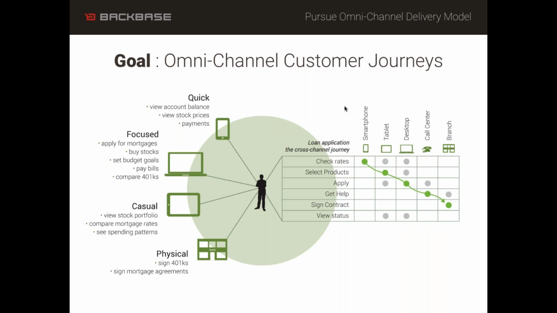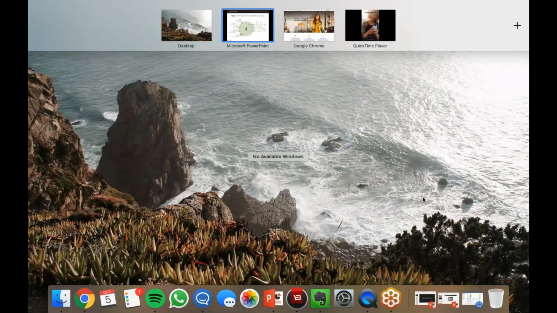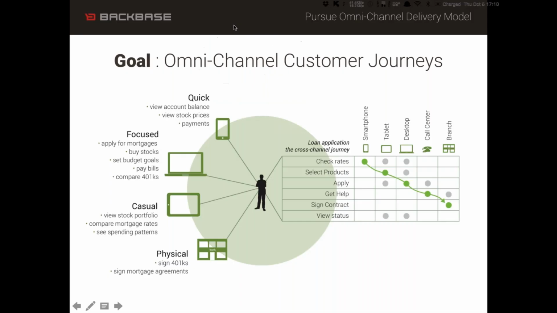Yeah, this is very important and directly ties into the onboarding and origination challenge, or digital sales, if you will. For instance, if we look at the slide here, this is about a loan application. Let's imagine a mortgage. It's a massive financial decision in your life. In this case, what the table clearly illustrates is that you have several steps in this journey. You check the rates. Click that window. Let's go there.